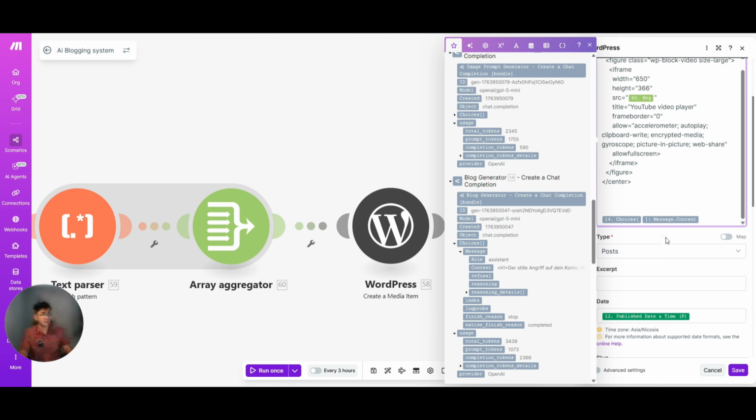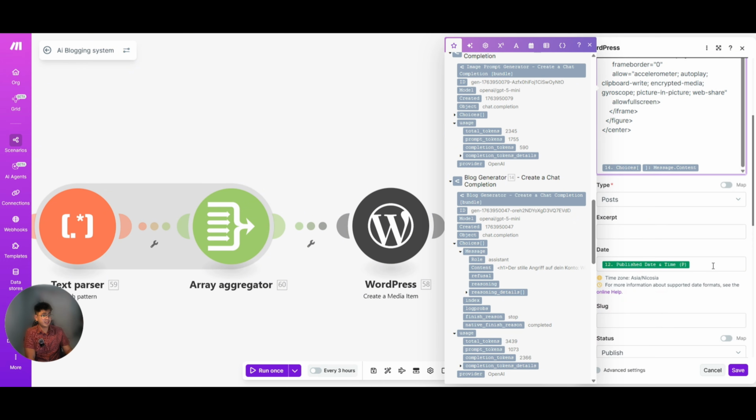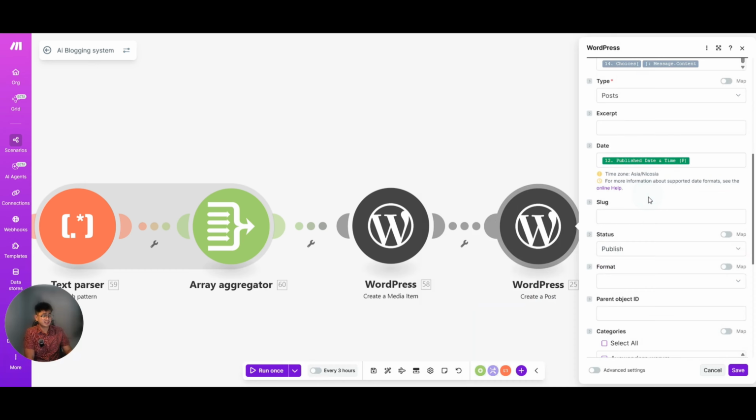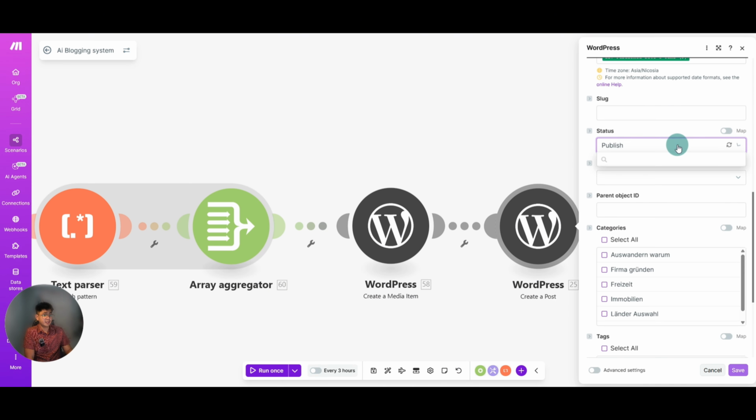You can select what type it is, the date. I use the date from the Google Sheet, from when it was actually posted on YouTube. You can either select publish, draft, or pending, but in this instance we decided to publish it straight.